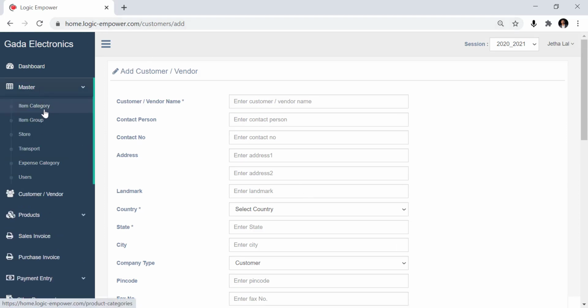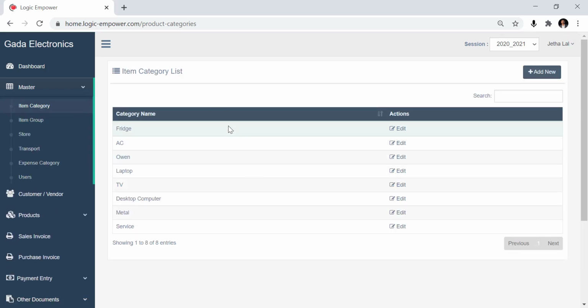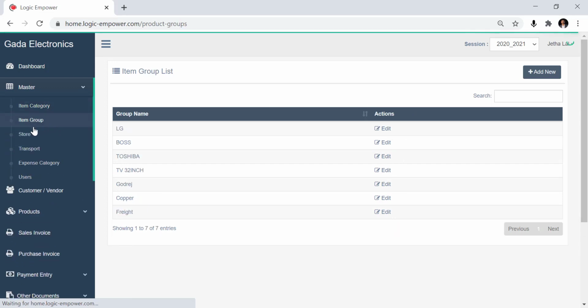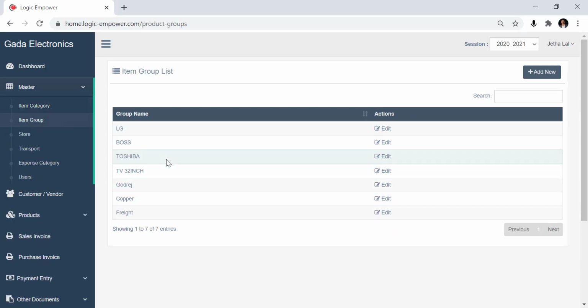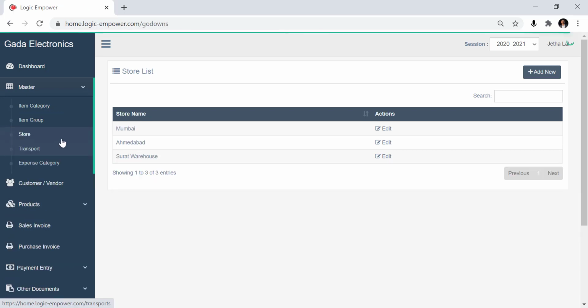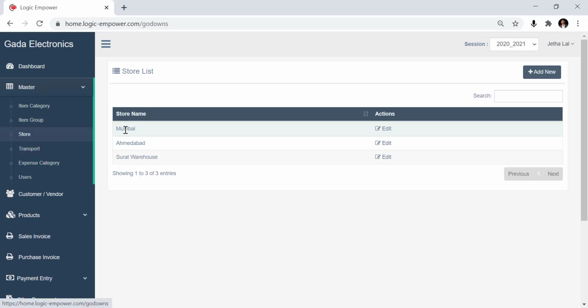Now come to the masters. Here you can create multiple categories for your items. Item group, multiple groups you can create for your product. We have also created master for store, so you can manage the product store wise.